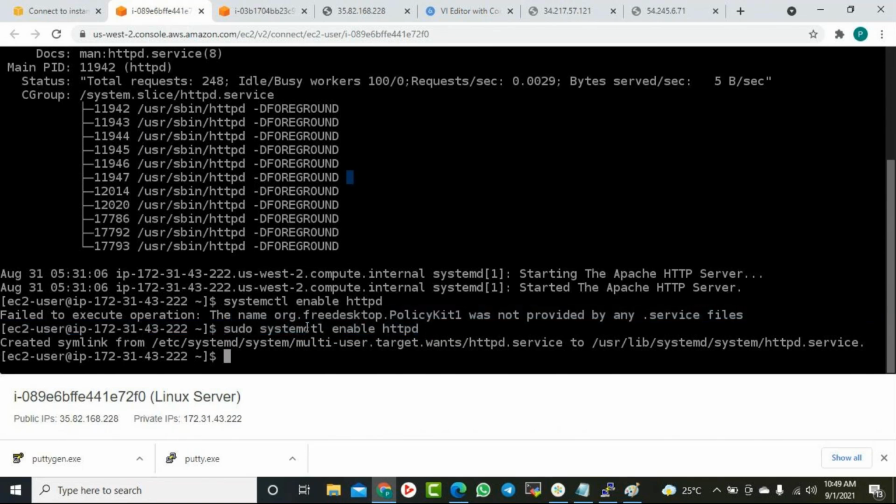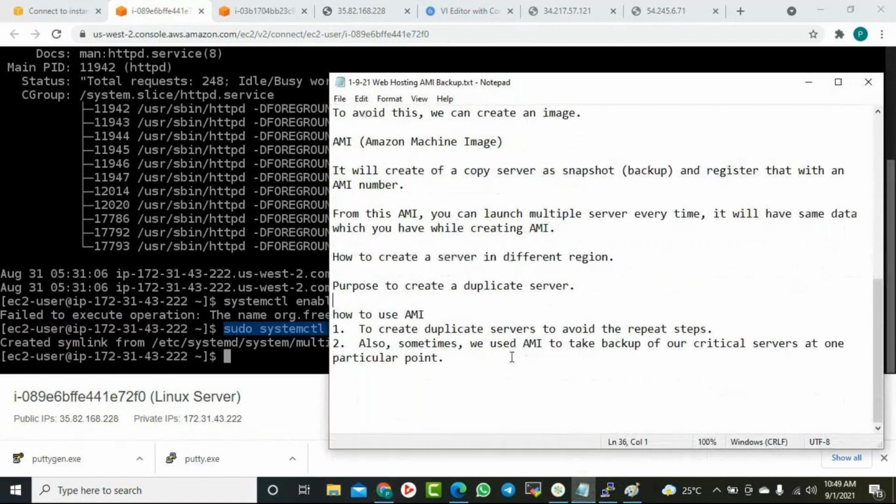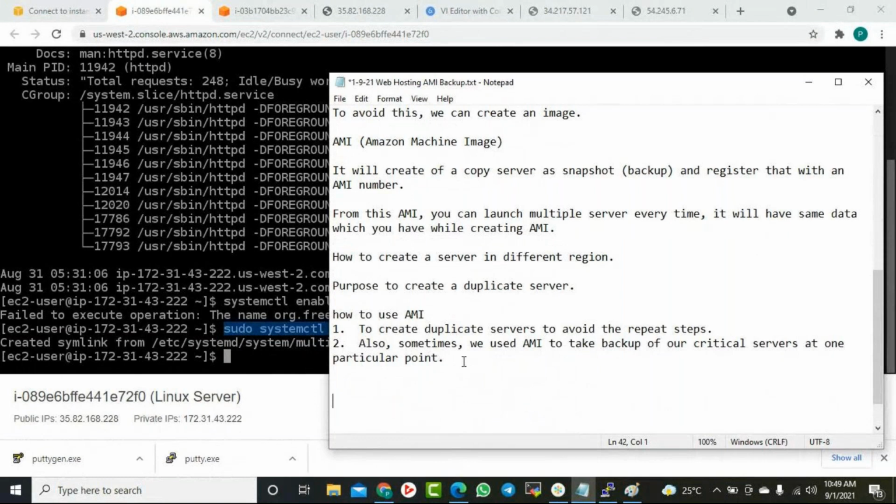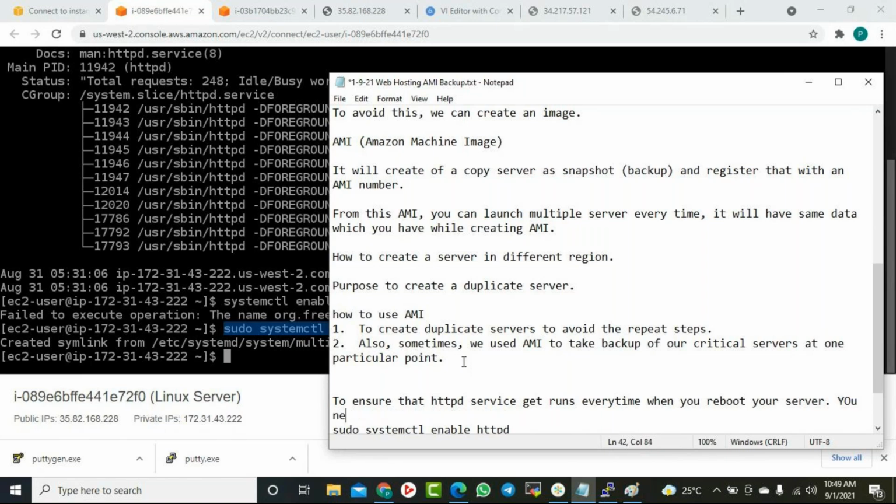What is my point? We need to include this command before creating an AMI, to ensure that the HTTPD service runs when you reboot your server.